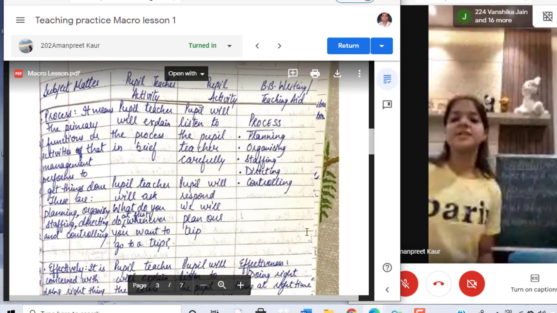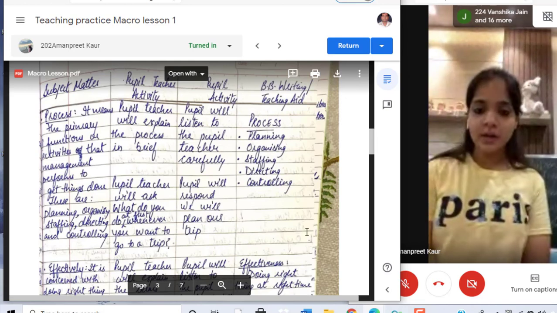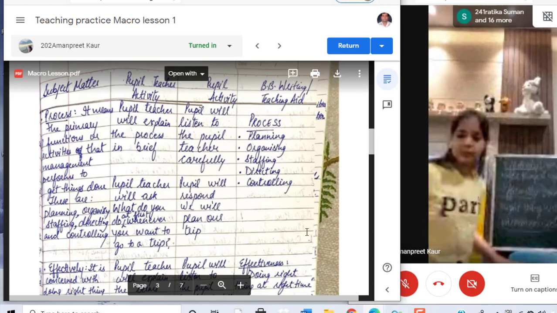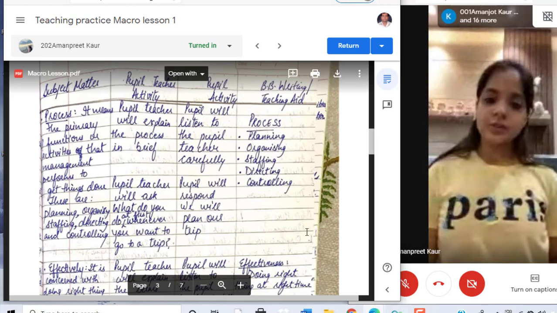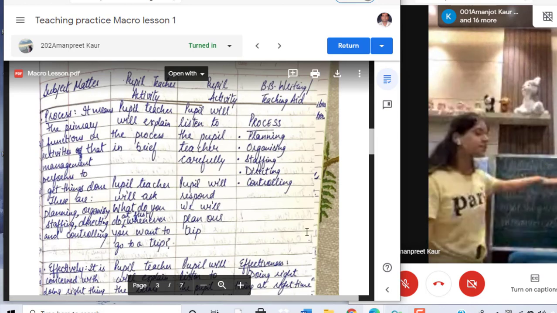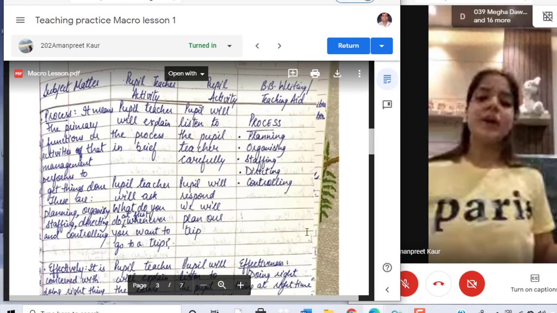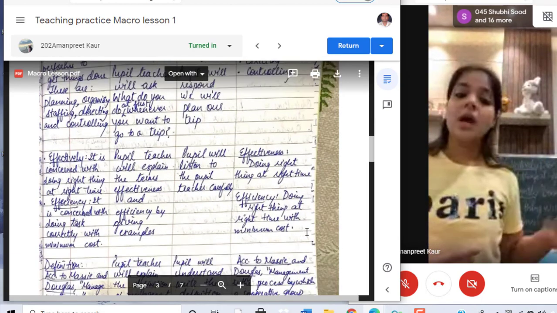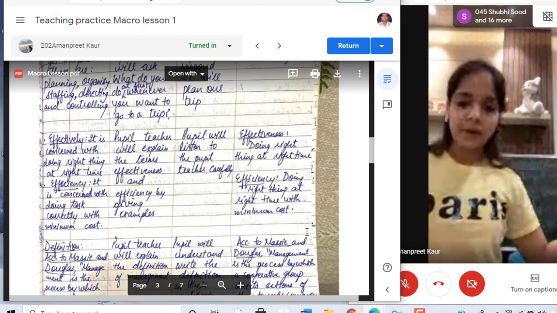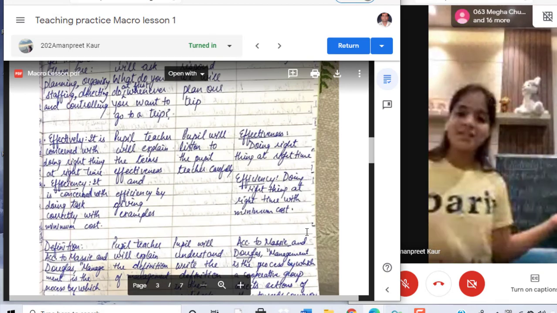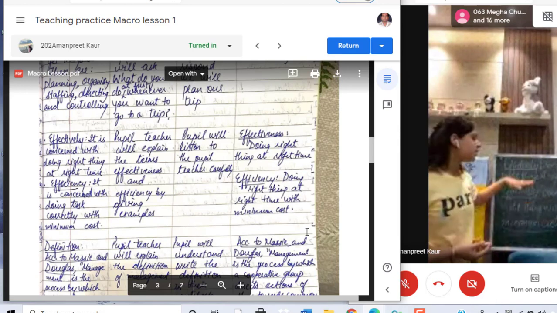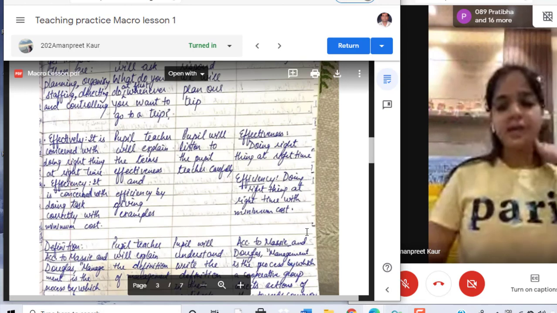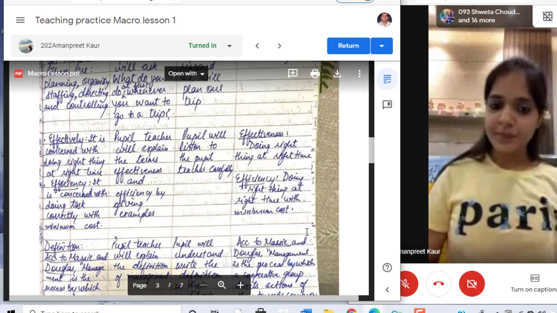Because if he appoints extra labor, he has to pay extra for it. The minimum cost is not there; he'll incur extra cost. So the right thing is done at the right time: he has completed the task in 2 hours. But he has generated extra cost. He has appointed extra labor and he'll pay for that labor. More costs are generated, so he is not efficient. He is effective. Okay, students? Is it clear? Yes, ma'am.